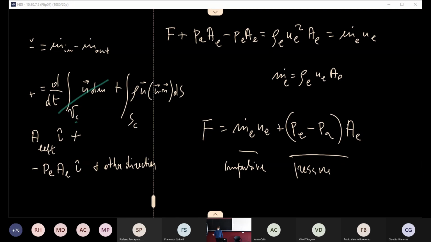An important thing that I would like to underline at the end of this class is that if you look to this expression, you see that there is no mention of flight velocity. It doesn't appear. There is no dependence of the thrust we have generated by our rocket on the flight velocity. But of course you say, this is a test bench with zero velocity. Of course, velocity is zero, so it doesn't appear because it's zero. But if we imagine this done